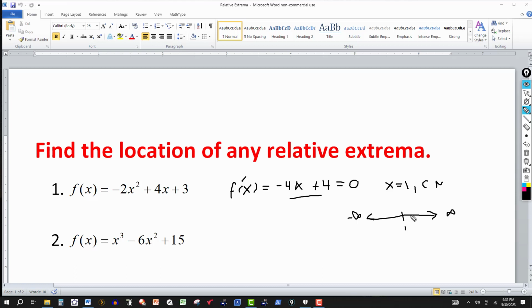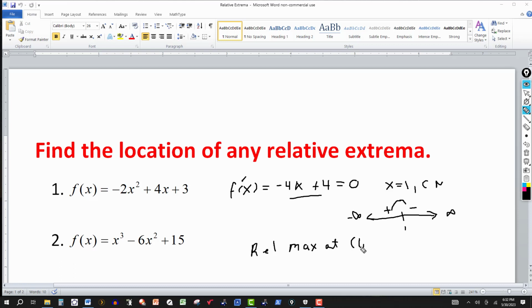So pick a number larger than 1, say 2, and put it in here. And this is negative. Negative to the right. Pick a number less than 1, say 0, and it comes out positive. So then we examine this. Remember, we're talking about the derivatives. This says to the left of 1, the derivative is positive. So that means the graph goes up, reaches that high point, and then to the right is negative, comes down. So this tells me then that I have a relative maximum at the point